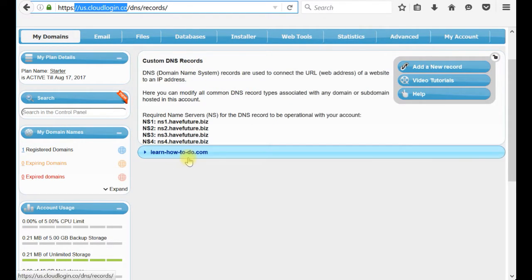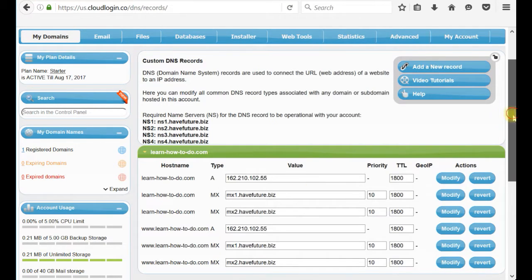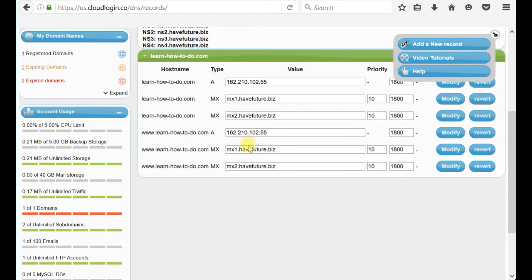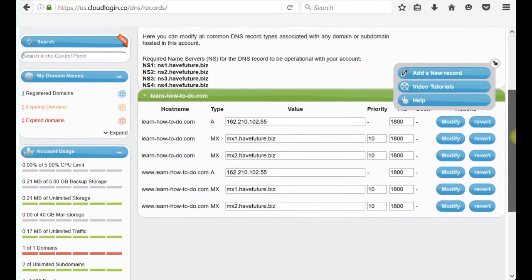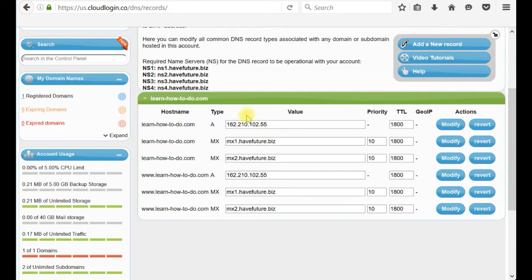You see you have learnhowtodo.com. Here are all the different kinds of DNS records which you already have. Now, because you want to have webmail.learnhowtodo.com,